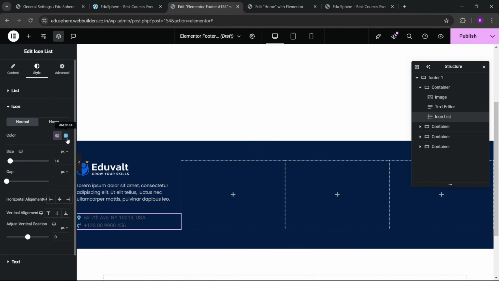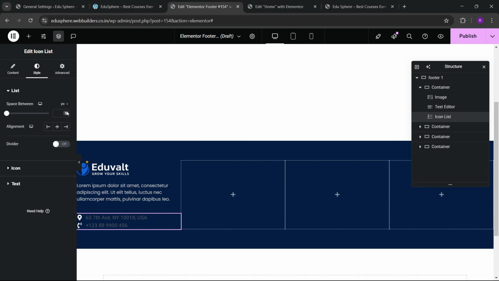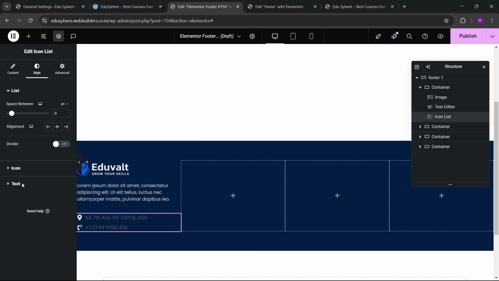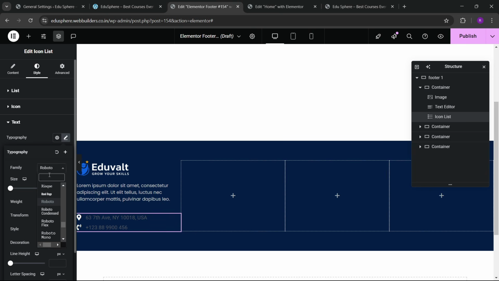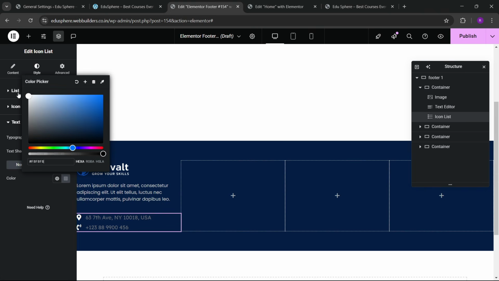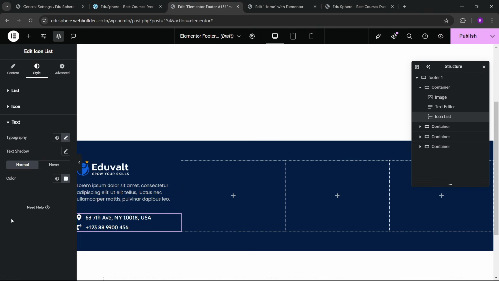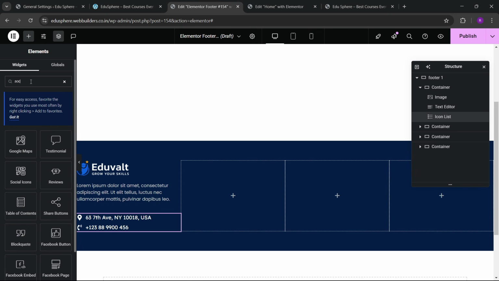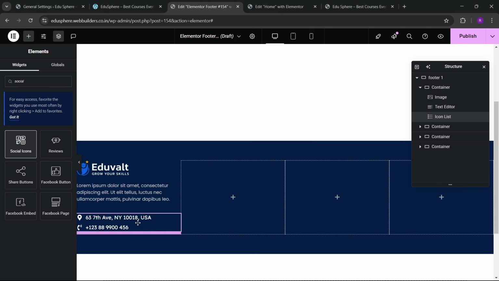Now we can go to the icon part, and here we can make this white. Let's increase the font size, make it 19, and here we can increase the text size. Here we can have this accent. Okay, like this. Now we can go here, and we can search for social icons,